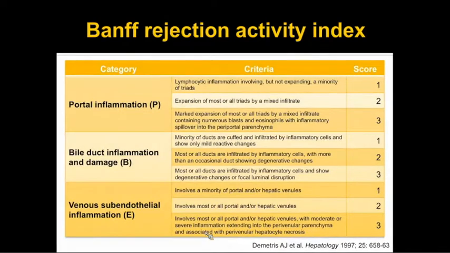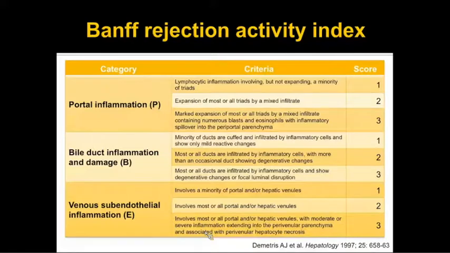So briefly, when you get back a pathology report for a post-transplant patient that has acute rejection, the pathologist will nowadays use what's called the Banff Rejection Activity Index. There's really two components to this. It is based on expert consensus for how acute and chronic rejection should be described by pathologists, so that it's done in a uniform way that hopefully will help guide management and prognosis.